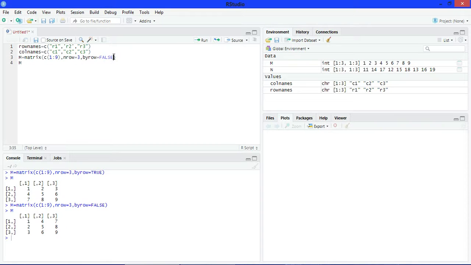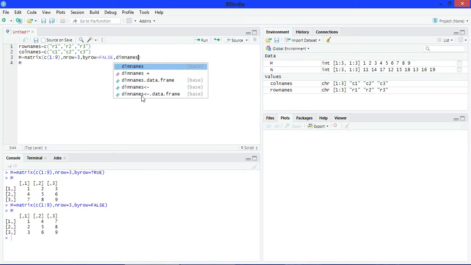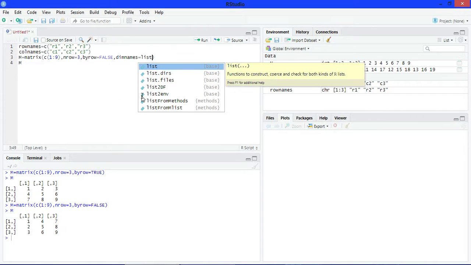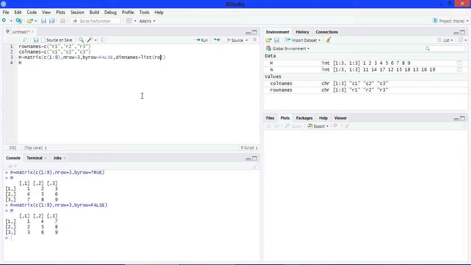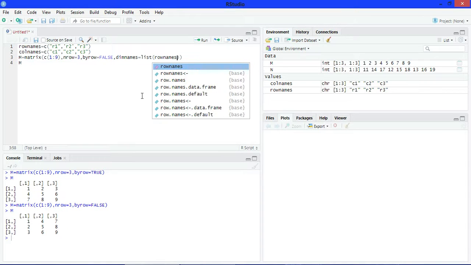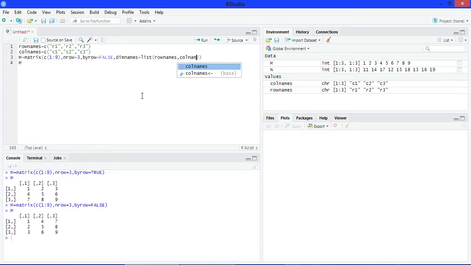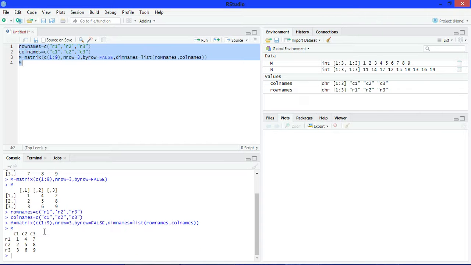Now write here an attribute dim names is equals to make a list and pass here row names and column names. Now run it. See, the output matrix has name for each row and each column. R1, R2, R3 is name of rows and C1, C2, C3 is name of columns.